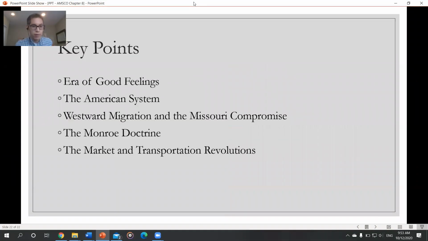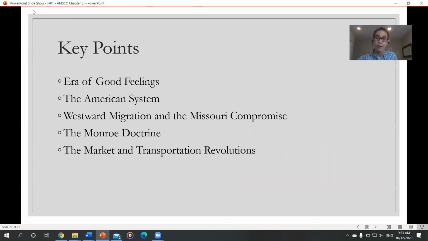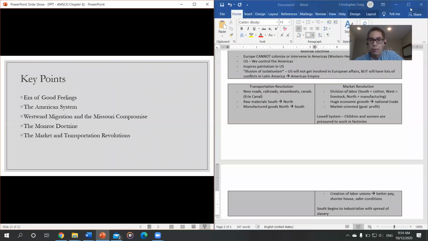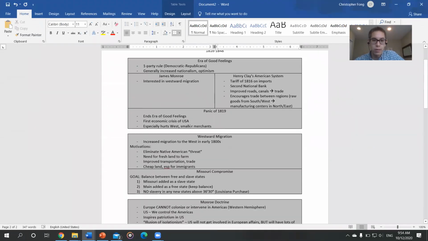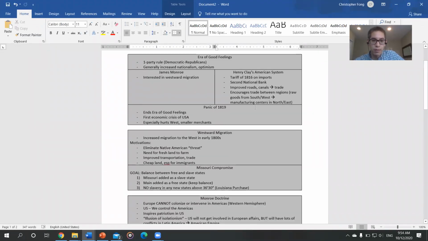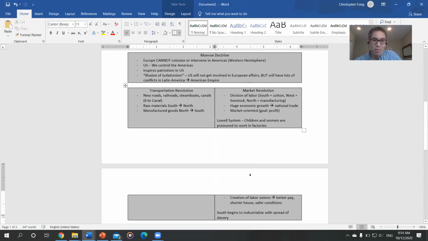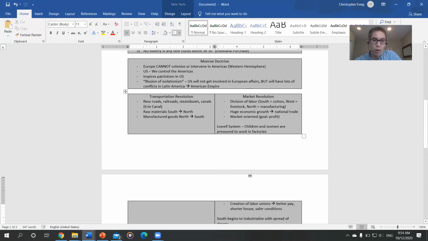Key points to focus on here, if you want to pause this screen and make sure you have these key terms. The era of good feelings, the American system, which connects with the market revolution and transportation revolution, the Missouri Compromise, connected to westward migration and the effects there, and then the Monroe Doctrine. So like normal, I will switch over to our notes here if you need to pause. We've got the era of good feelings, American system, westward migration, Missouri Compromise. We've got the Monroe Doctrine, transportation revolution, market revolution,